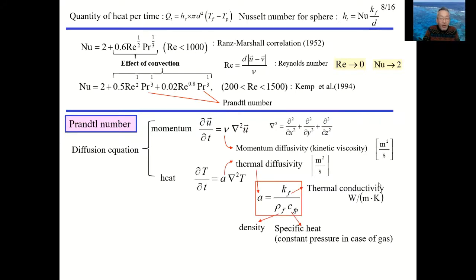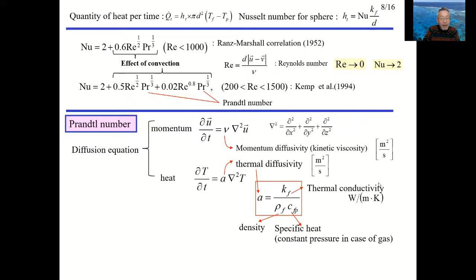Another well-known diffusion equation is the heat conduction equation. The time derivative of temperature T is proportional to the Laplacian of T and the thermal diffusivity. The words thermal diffusivity and thermal conductivity are similar, but be careful about the difference between these 2 words. The thermal diffusivity is given by the thermal conductivity, fluid density, and specific heat as shown in the red line